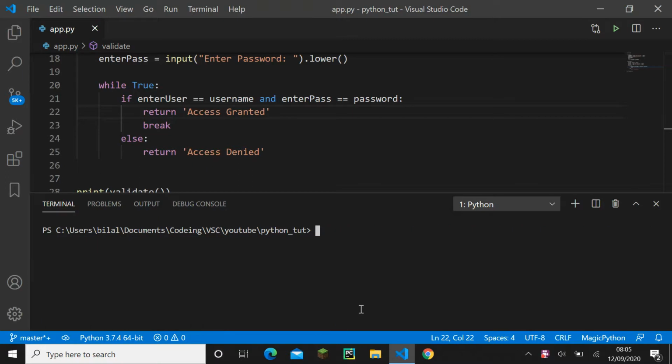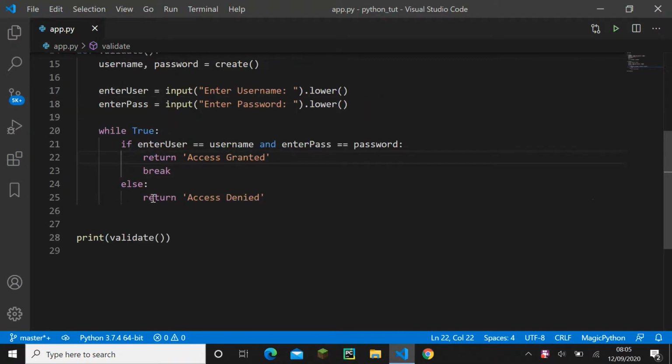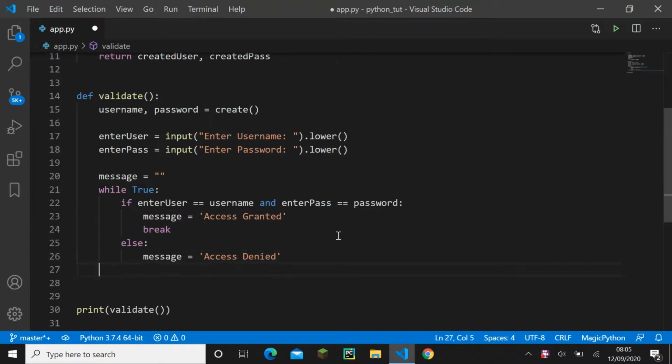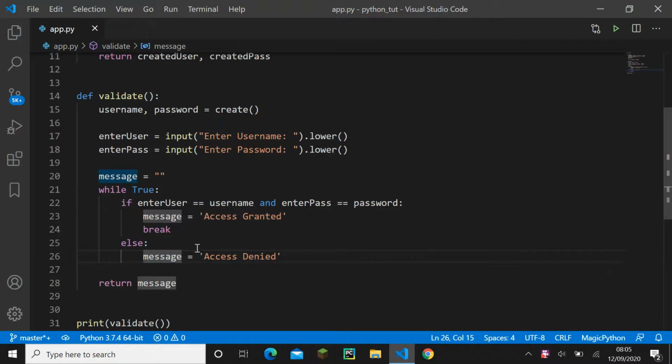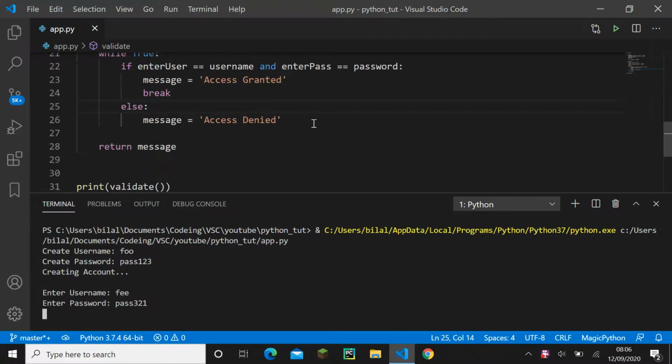Oh yeah, I see what's happening here. When a return gets executed, the loop automatically gets broken. So instead of a return, we need to use a variable. So let's make a variable called message and keep it an empty string, and we'll do message is equal to, and then outside of the loop we'll return message. So now this loop will go endlessly, even though we no longer have a return in the loop. So we'll do foo pass 123, fee pass 321,